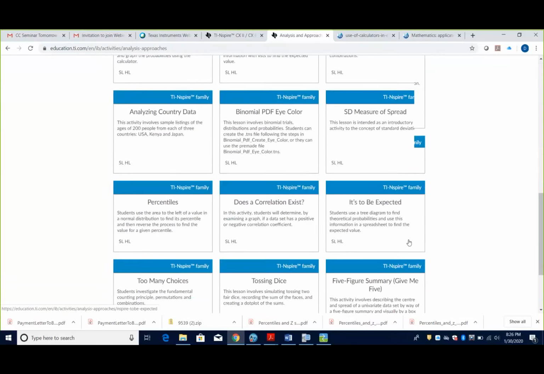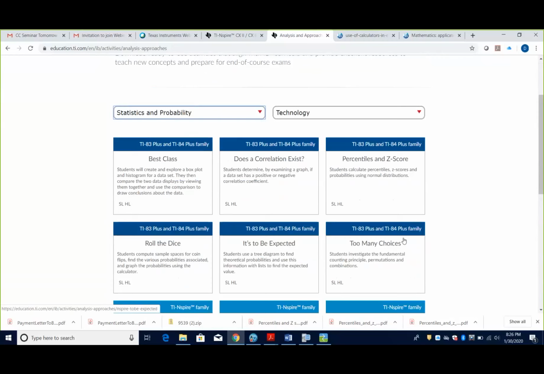You'll see there's almost half and half, 84 and Inspire. So what I did in my second round of finding activities is I tried to find an activity that was applicable to both the 84 and the Inspire. Because honestly, there are a lot of 84 users, and there will always be a lot of 84 users, and they need activities.